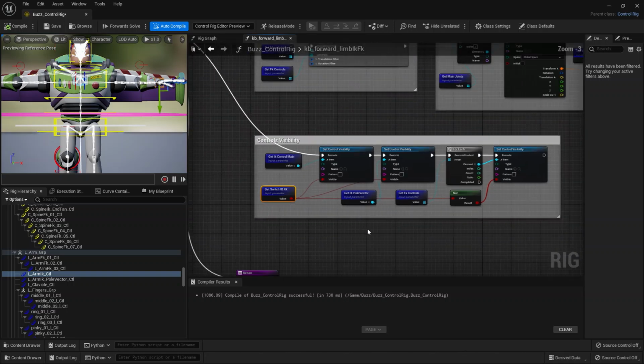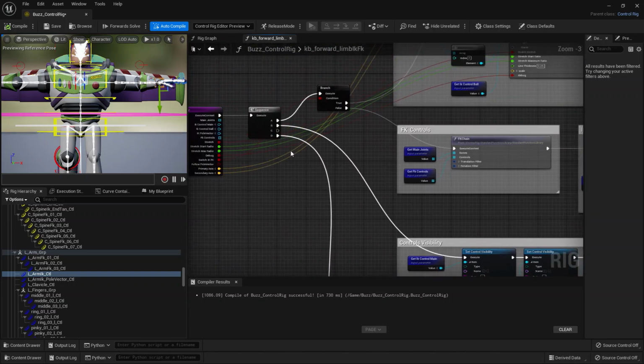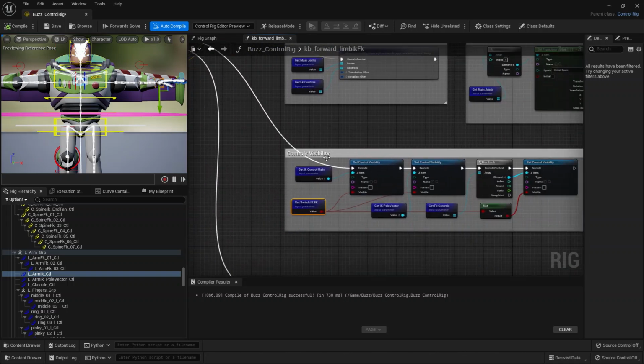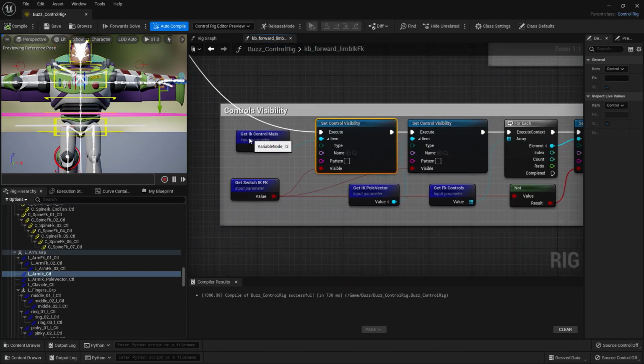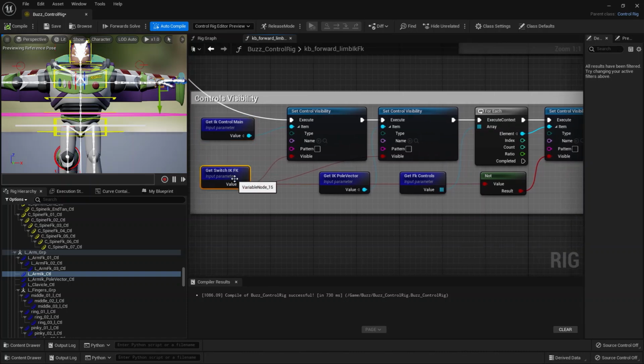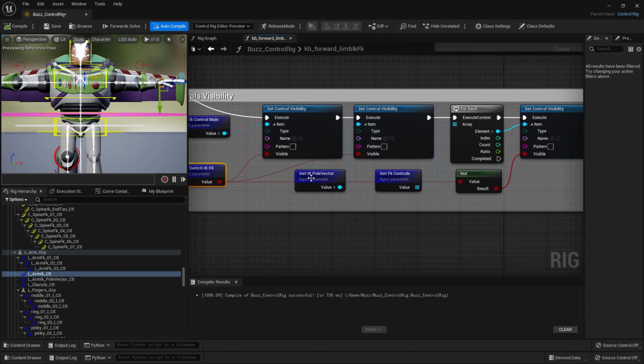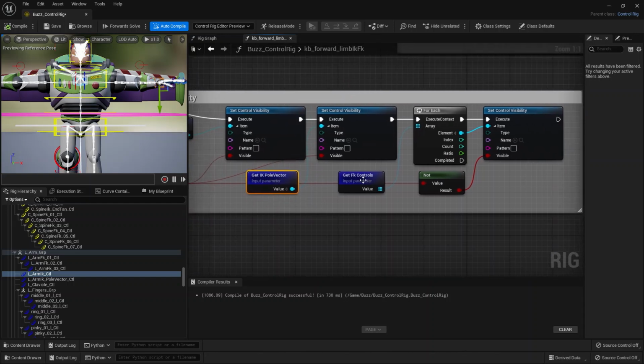So this is what I'm doing here. From the sequence, I come down to here. I'm using set control visibility, and then I'm getting the IK control, and I'm getting the switch IKFK just connecting to be visible. Same for the IK pole vector. And then for the FK controls,